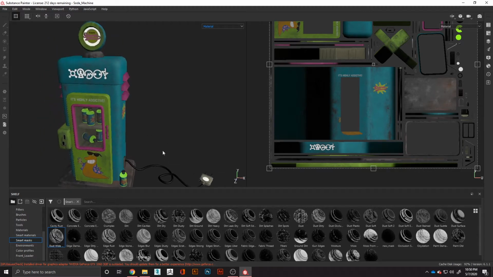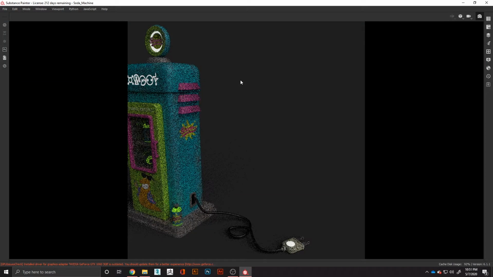So right in Substance Painter, there is a little camera in the right hand corner called iRay, and this is your rendering settings. So what you're gonna do is you're gonna click on this, and then it'll change from your painting and texturing viewports to your render viewport. So I'm going to go ahead and select render with iRay,